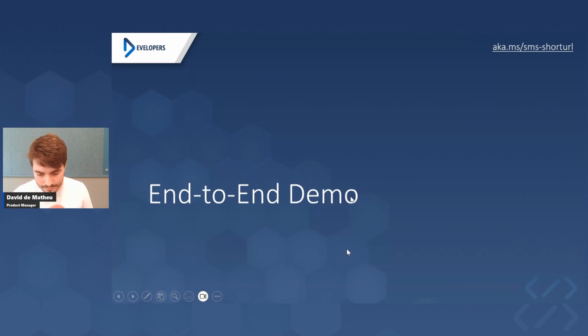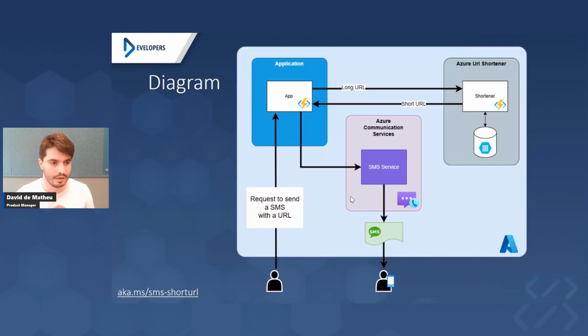So before I show you how to build that, I'll take you through a bit of the architecture that we're using. We're using a couple of different components to build this type of experience. First off, we have an application that's running in .NET using our Azure Functions that becomes our endpoint, where we are able to hit it to trigger the shortening of the URL as well as the sending of that URL. We then have a URL shortener that we're going to be sharing with all of you